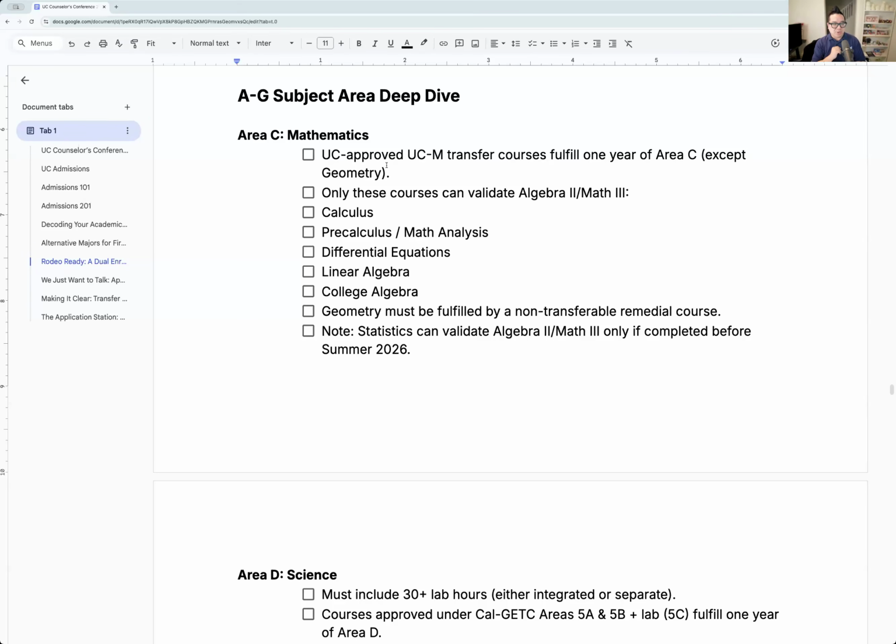Meaning, let's say you want to take pre-calculus. You can go to community college and take literally a pre-calculus class as well, right? Or you can go take a calculus class. In high school, they call it Calc AB, Calc BC. In college, they call it Calc 1, Calc 2. That's the difference there as well.